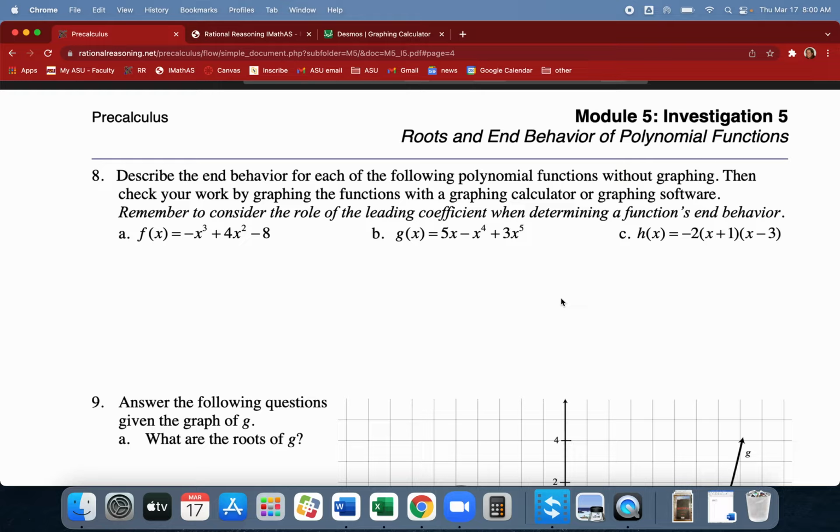When we're far from 0. When we're near 0, these other terms are kind of important, so it becomes a little bit messier, but generally speaking, the ends are going to have the same behavior as negative x cubed does. As x approaches infinity,